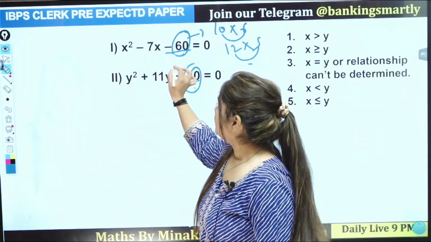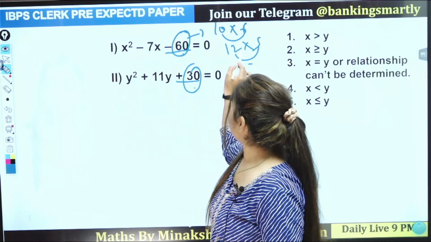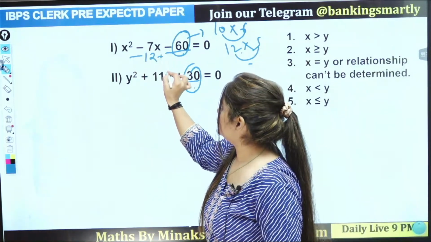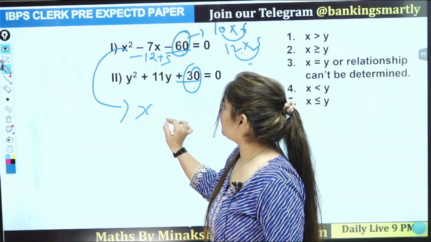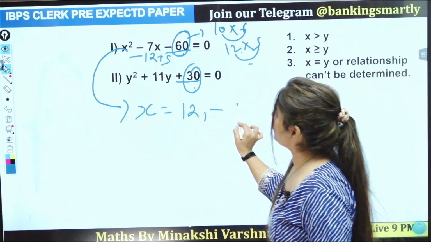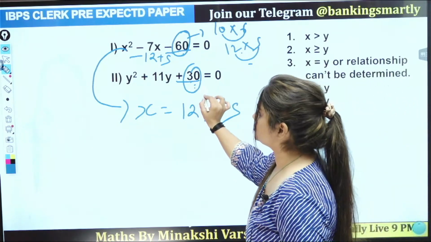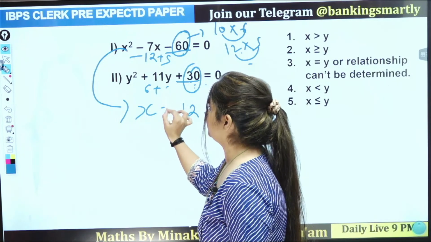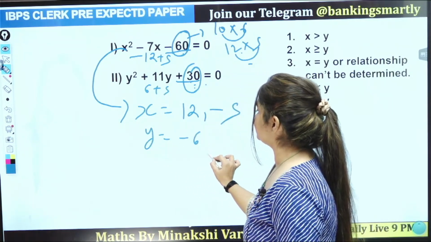Okay, like this one is minus, so here there should be minus 12 plus 5, so the factors with opposite sign, plus 12 and minus 5. And what we have here, 6 5s are 30, that means 6 plus 5, so with opposite sign here is minus 6 and minus 5.